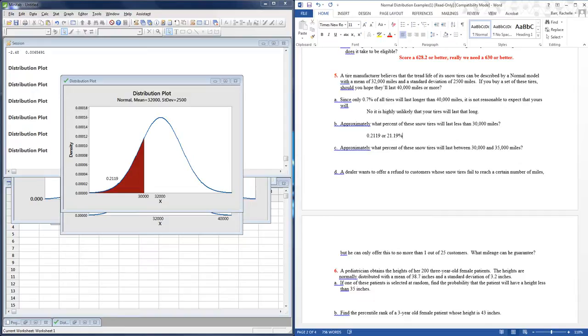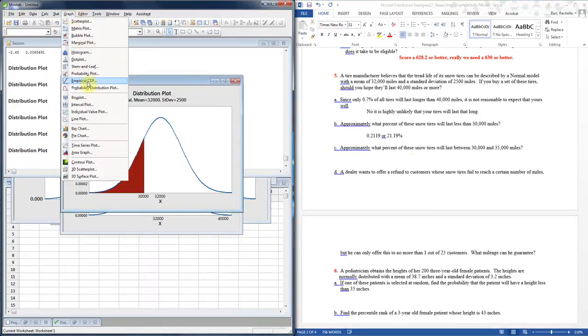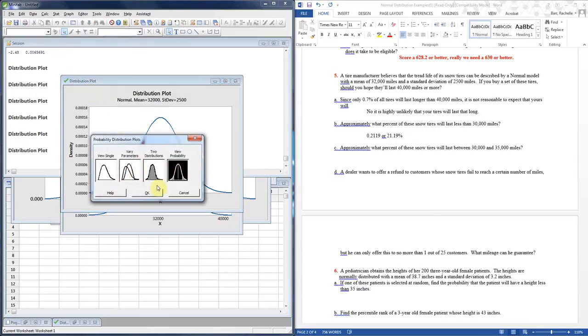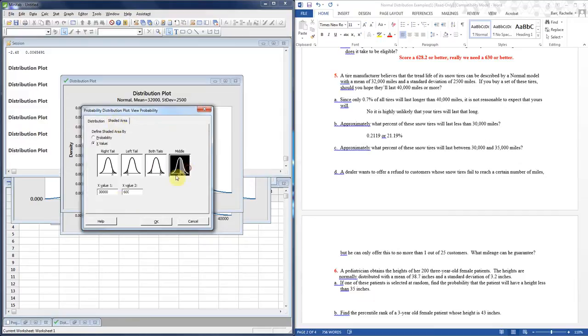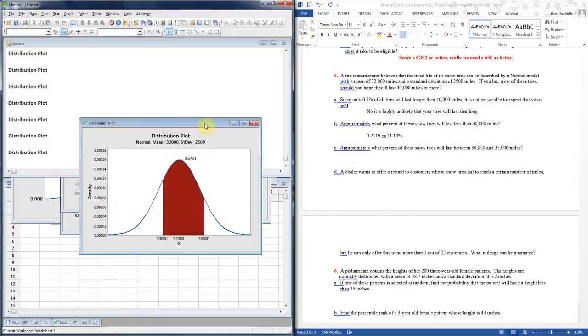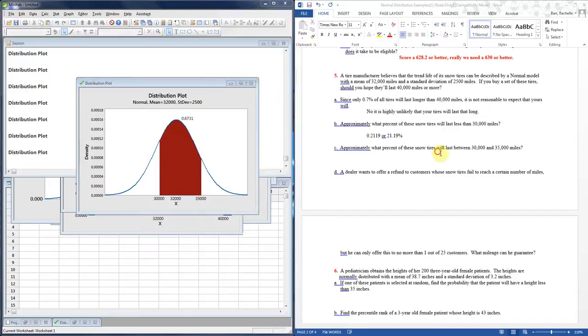Okay. All right. How many do you think will last between 30 and 35,000? So I need to do a between one now. Graph, probability distribution plot, probability view. We're going to hit OK. Same mean, same standard deviation. I want a middle, and I want between 30 and 35,000. There we go. Let's hit OK. Well, that's quite a bit of them, and they are both right around the mean, so that seems pretty likely that it be a higher score than what you might expect, so 0.6731